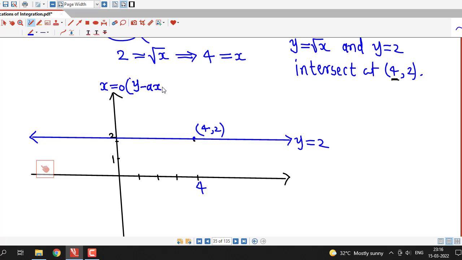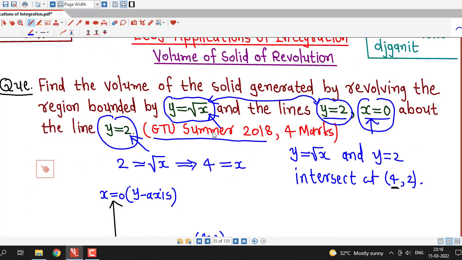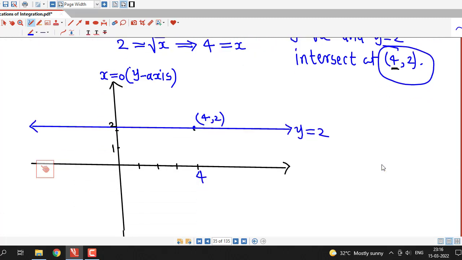So we have to consider x equal to 0, y equal to 2 and y equal to square root of x. So y equal to square root of x is intersecting y equal to 2 at point 4, 2,